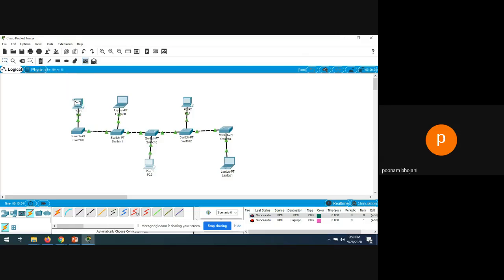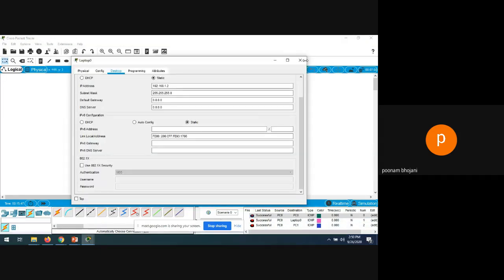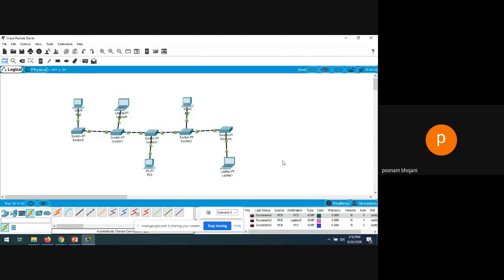Okay, so now see what is happening. If you want to send data from one PC to another PC or another end device, it will be done in real time, right? It is showing that it is successful. But how is it actually happening via the switches, from one switch to another switch, second switch to third switch, and so on? So go to the simulation,